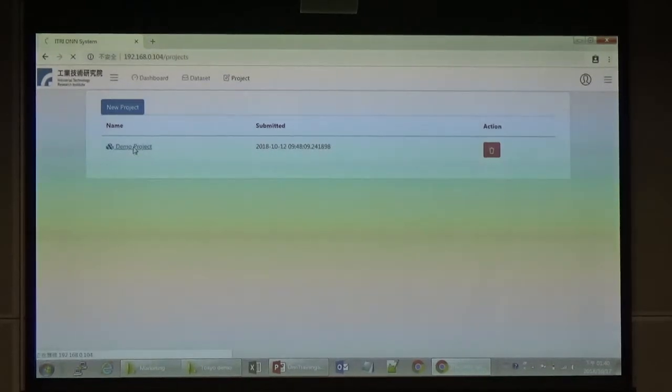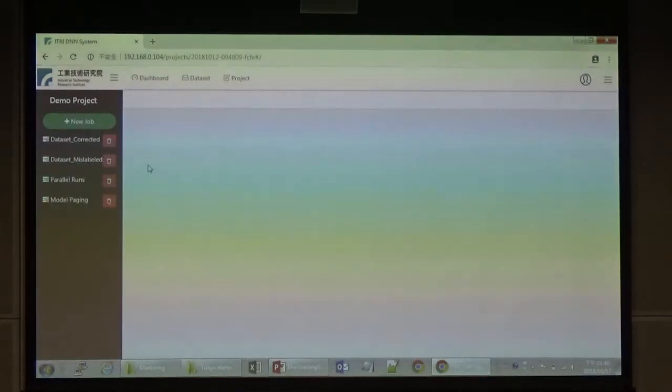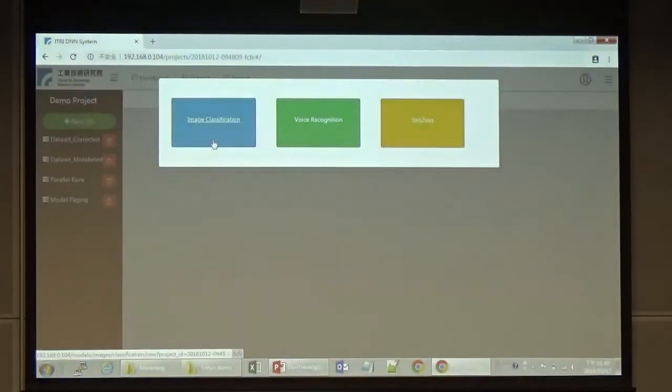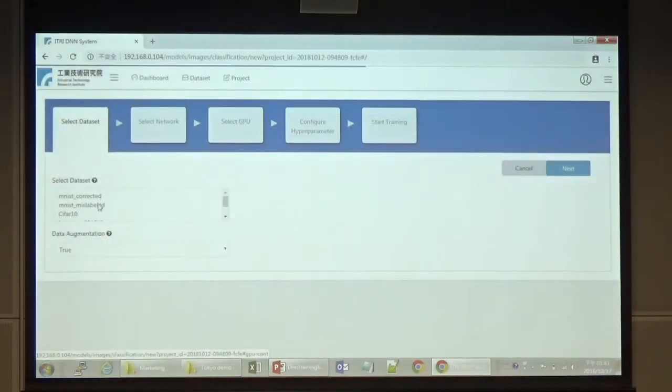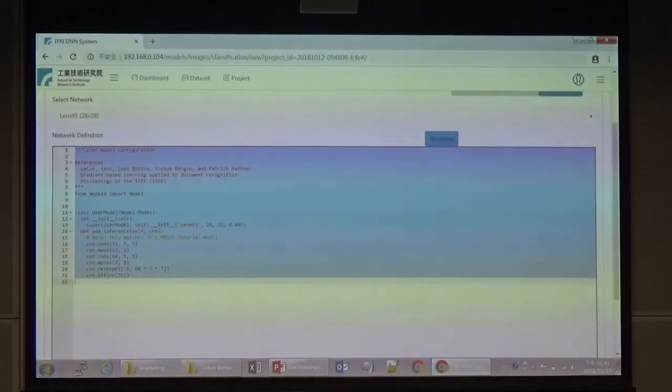So there's a demo project here. I would like to show that our system can automatically tune hyperparameters for you. Normally we have a new job with a framework for your purpose. If you choose image classification, we already prepare some popular datasets and